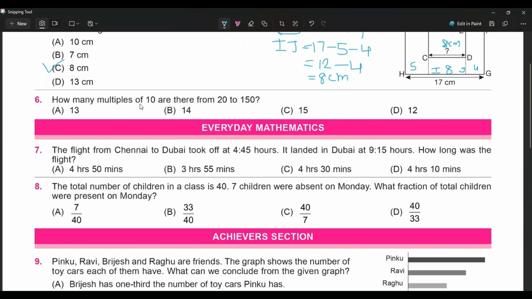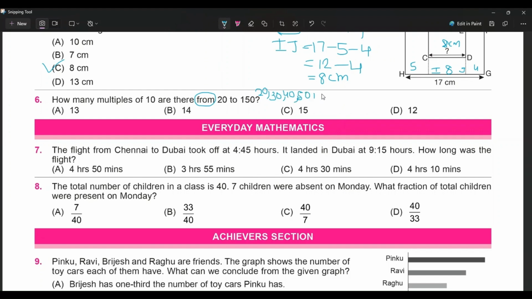How many multiples of 10 are there from 20 to 150? So here is a keyword if you closely observe. If you don't see this "from," you will start counting from 30. Isn't it, children? So keep in mind, "from" means we are supposed to start from 20, then